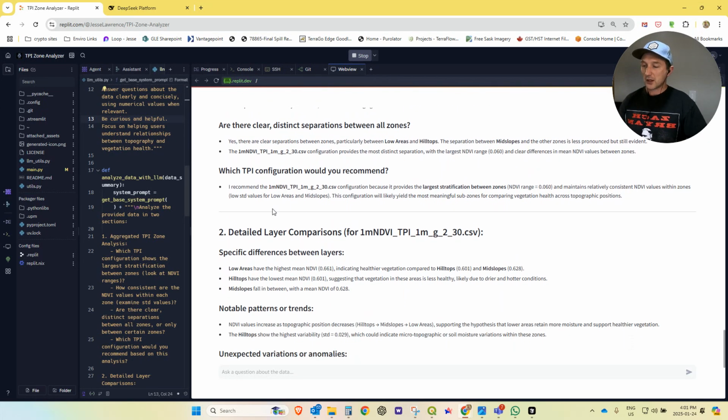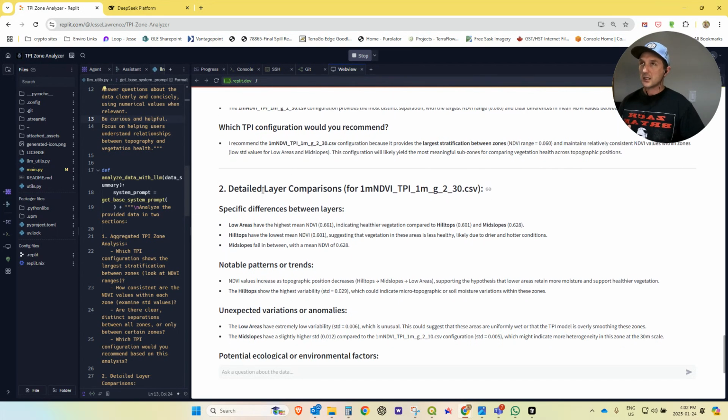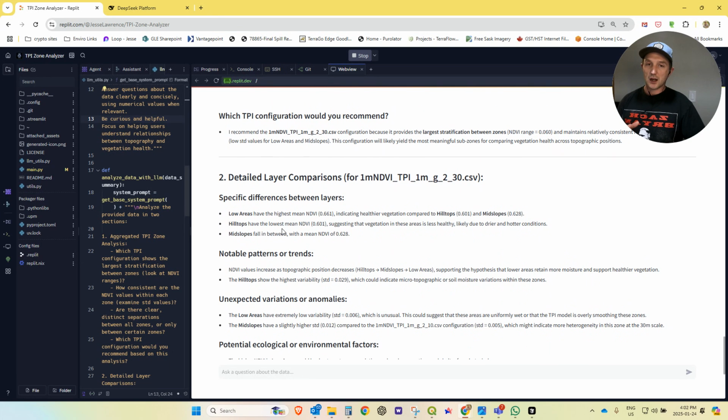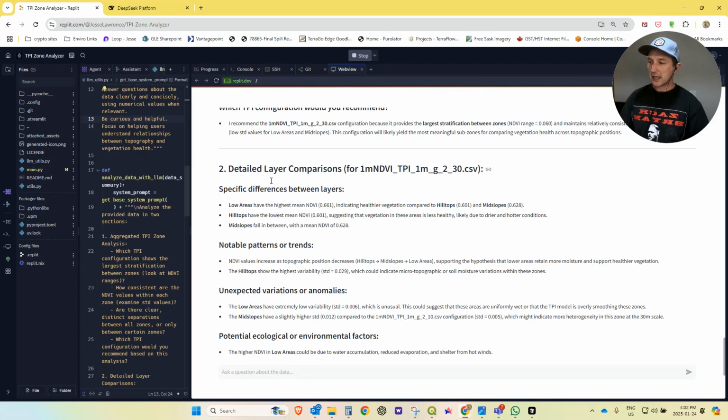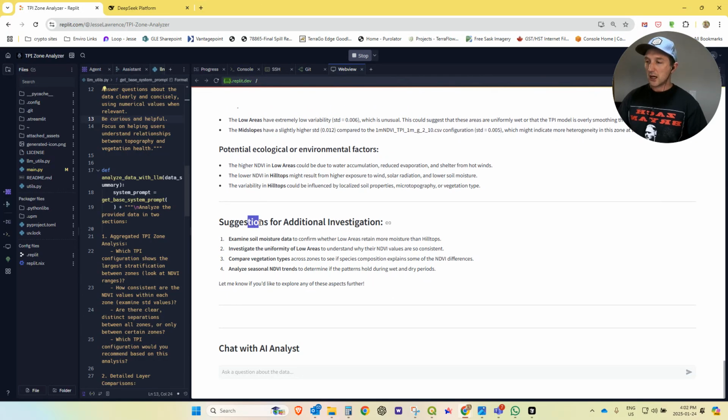Long story short, I'm not going to go into details here. The point is, I think this is the way that AI is going: it shouldn't necessarily rely on the user to prompt, and everything doesn't need to be a chat. Here, we're taking some data from a CSV, doing some Python data analysis with it, then feeding those outputs along with a system prompt into the R1 model and getting this kind of reasoning out, with suggestions for additional investigation. And then, we can still do this, say,